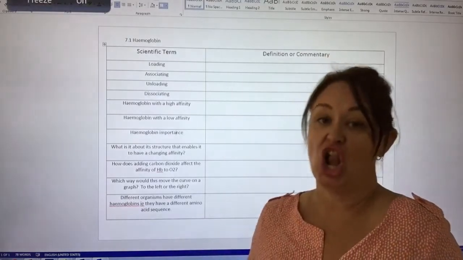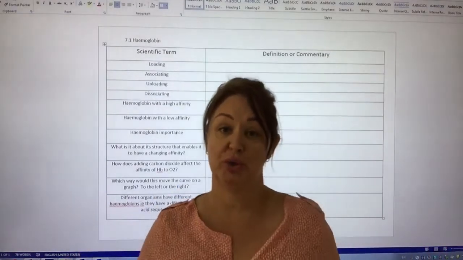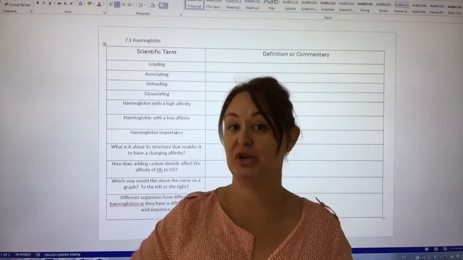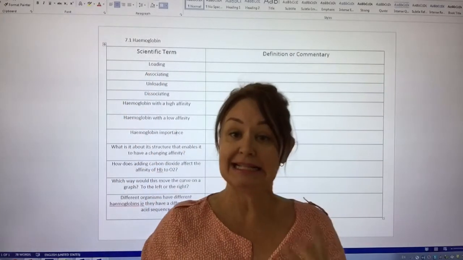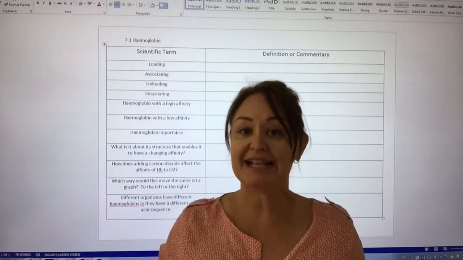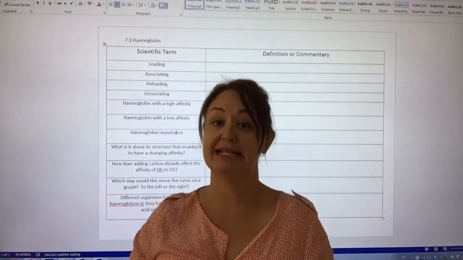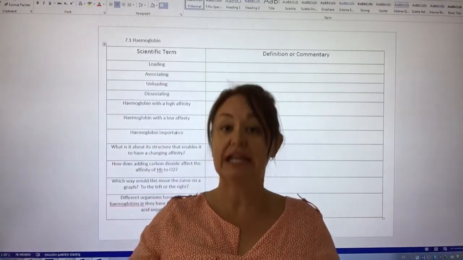First things first, loading. Well, when the hemoglobin molecule loads with oxygen, it's accepting oxygen into its molecule and it's going to carry it around. So loading or associating, same, that's when the hemoglobin takes up or takes on oxygen. When we look at unloading or dissociating, we're talking about that hemoglobin molecule lets go of the oxygen into the